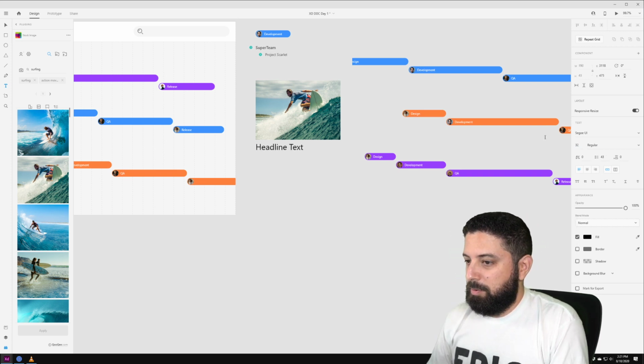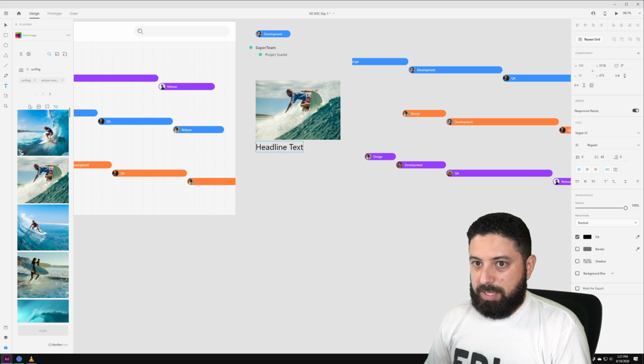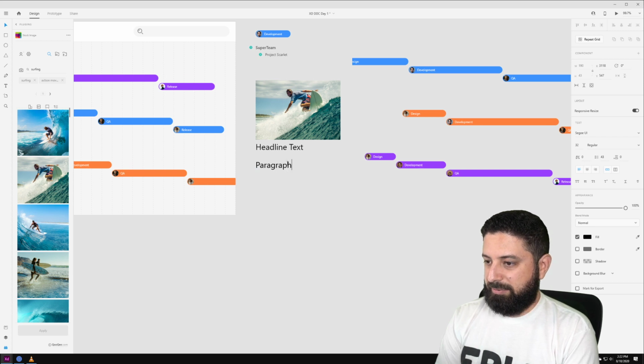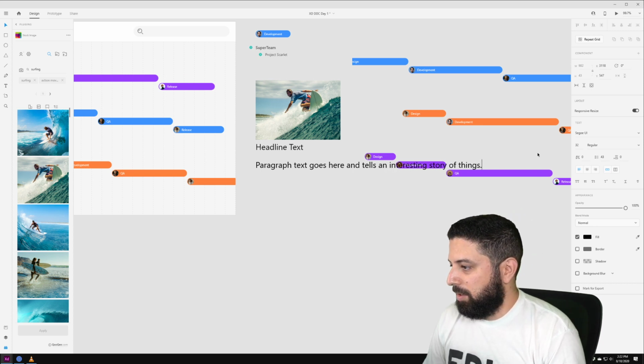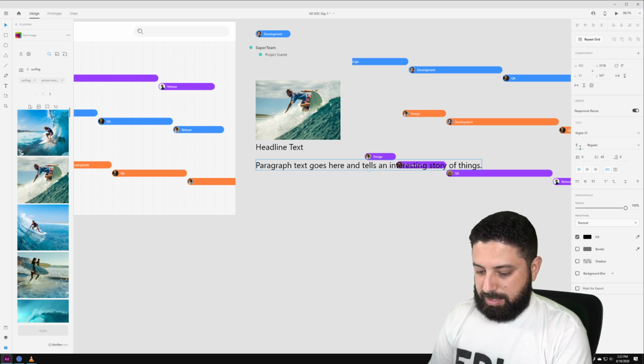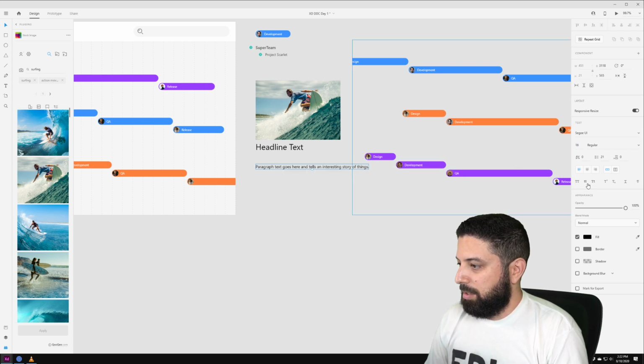Let's go 32. And then maybe we did paragraph text goes here and tells an interesting story of things. Okay, and then let's bring that down to 16,